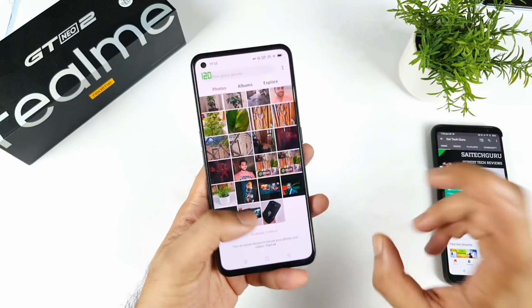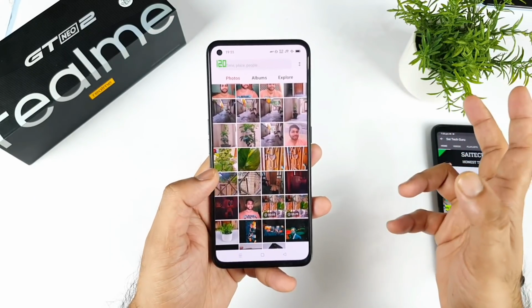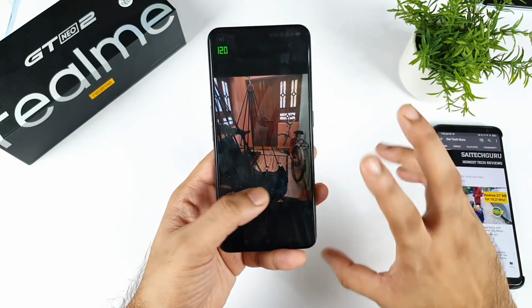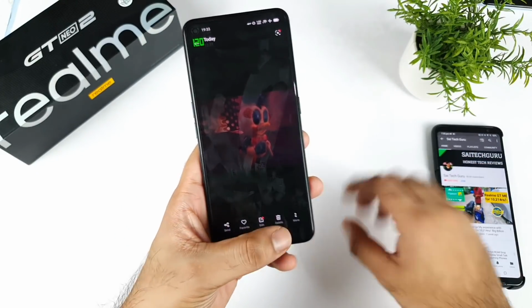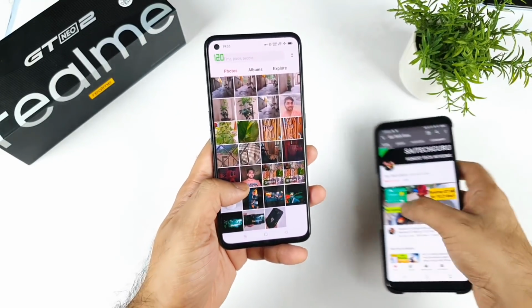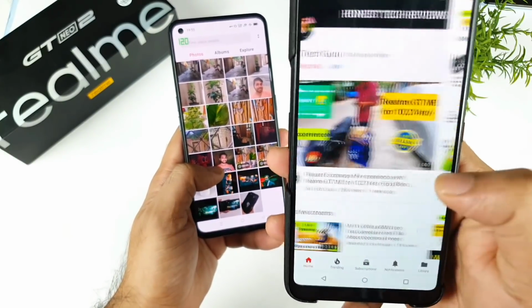In terms of the camera, everything is pretty good, but the low light photography is not that great. It's not that good. So a little bit not great, friends, in terms of low light photography. When I compare with the iQOO 7 device, you can definitely find out. So try to check out this video regarding the camera comparison. You will definitely be able to understand.